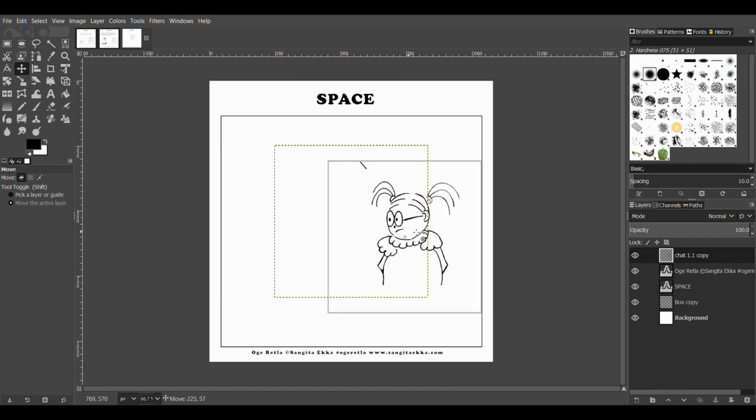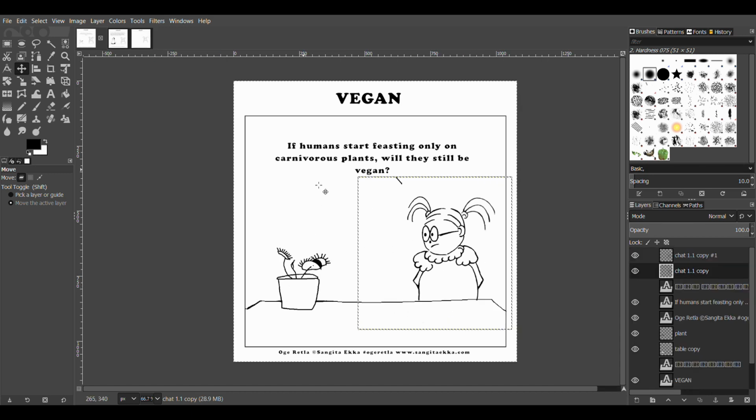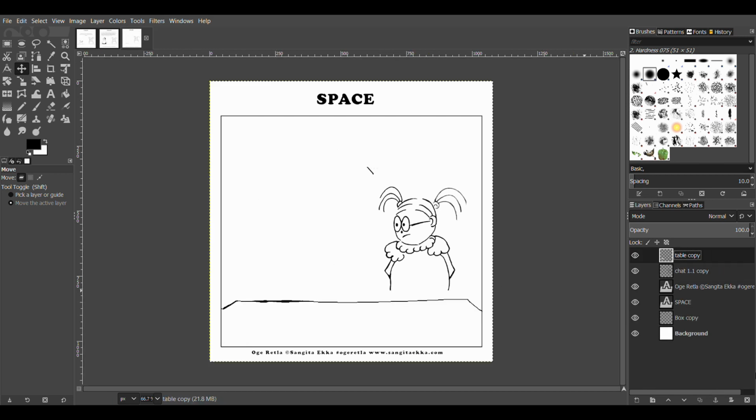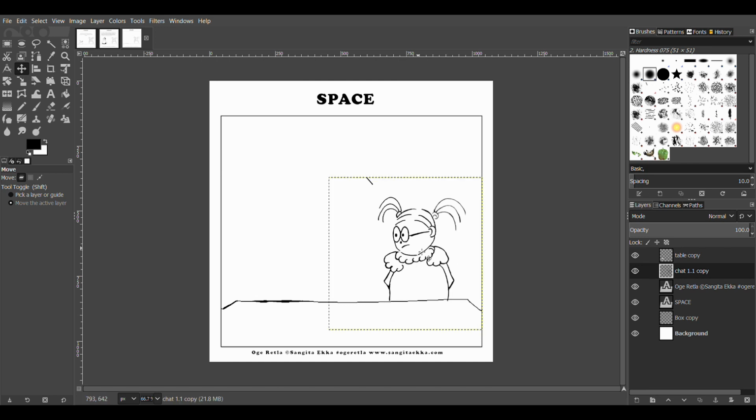and place it wherever you want to position your character. Now you see that I haven't finished the drawing yet, because as you see over here, there is a table, which again I can just take and drop over here. In a way it saves a lot of your space. This is just one of the positions in which I have drawn Oge. I can create multiple variations of that, and depending on how I want to communicate, I can simply drag and drop and place them over here, and just create comics really easily.